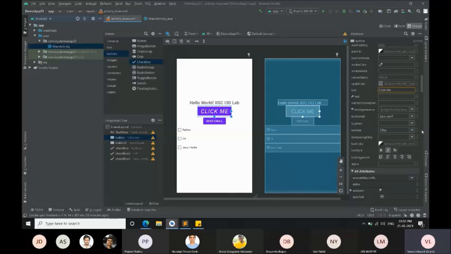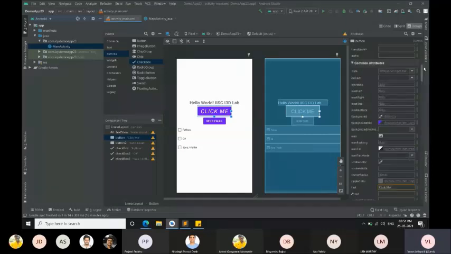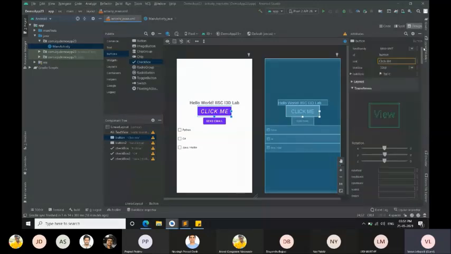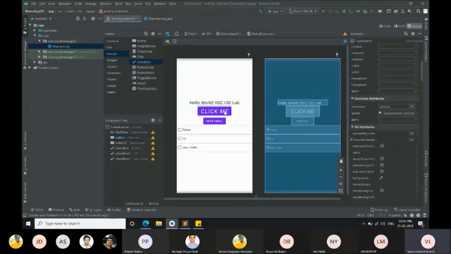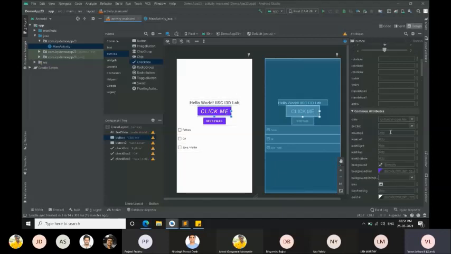If you see here, you will have something called onClick. You have to find onClick in the properties. Here it is. As of now, it is not displaying anything. You can tell your button what it should do when it is clicked in the onClick.